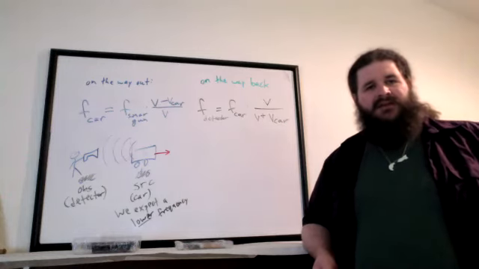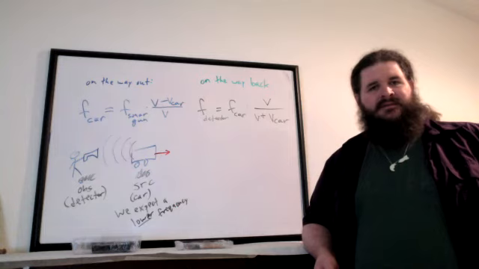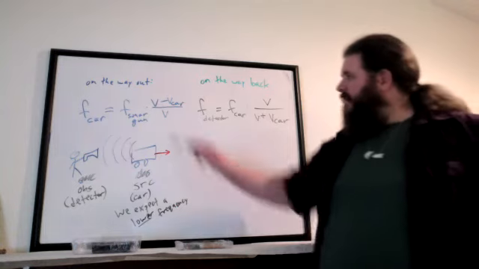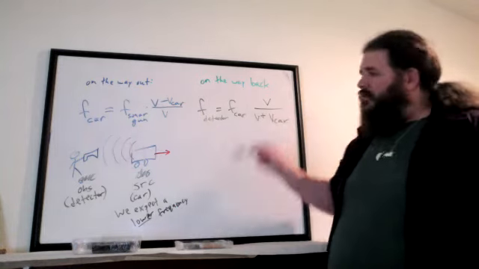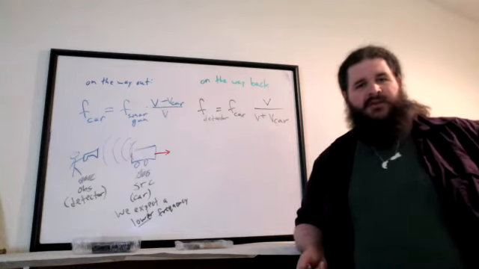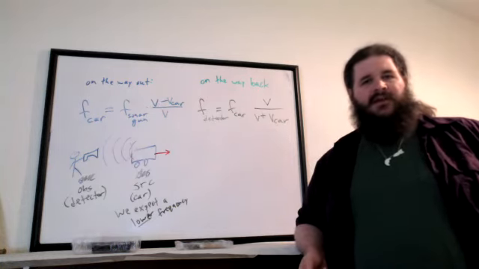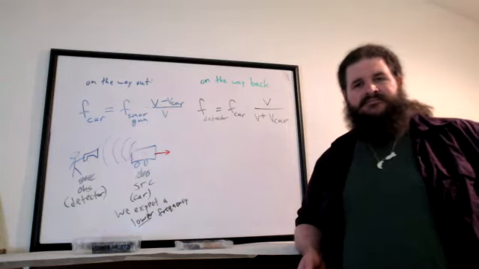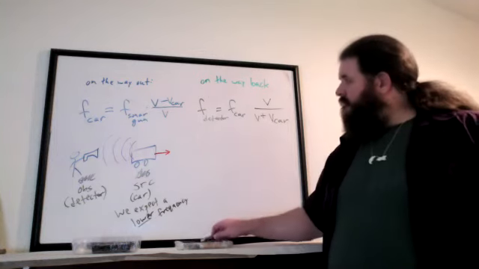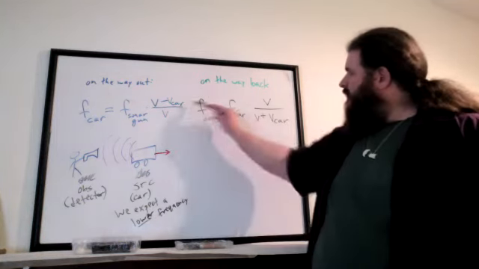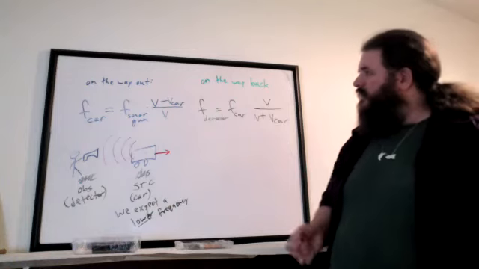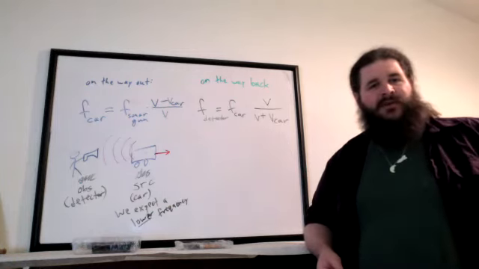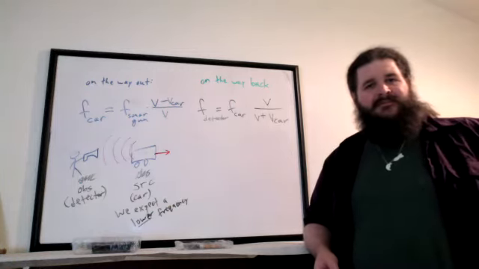And what else do they have in common? V. They've got the same speed of sound, although we know the speed of sound. That's just a number, presumably 343, that we could plug in. Is there another unknown that they have in common? Velocity of the car? So we've got the same velocity of the car, which we don't know. What else, though? What other variable shows up in both of them? Is it the frequency of the car?